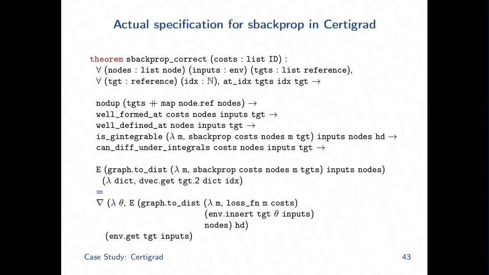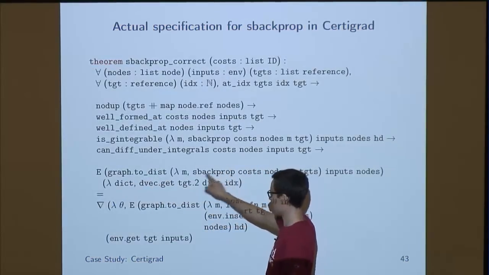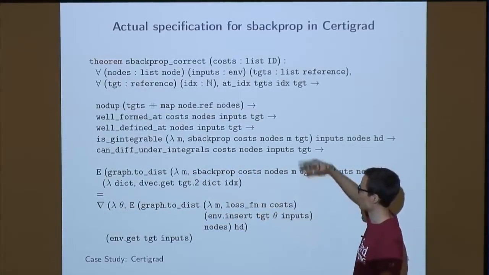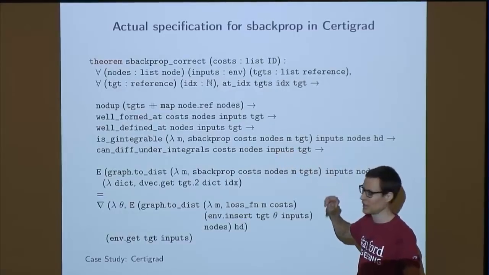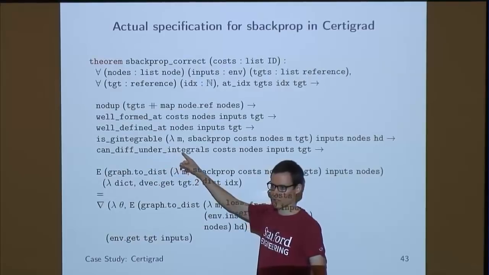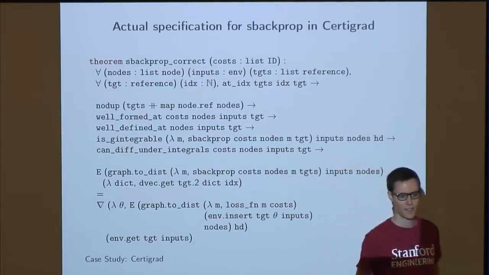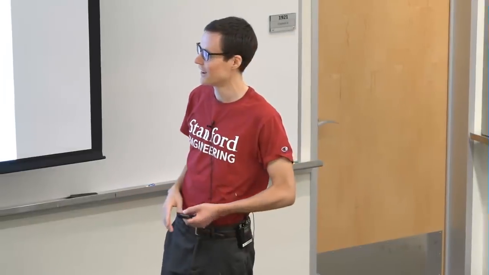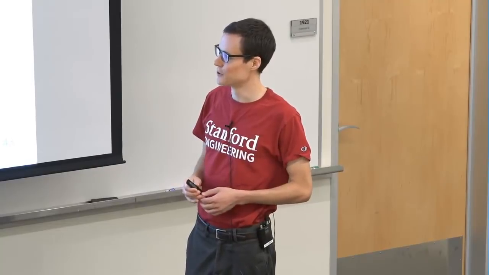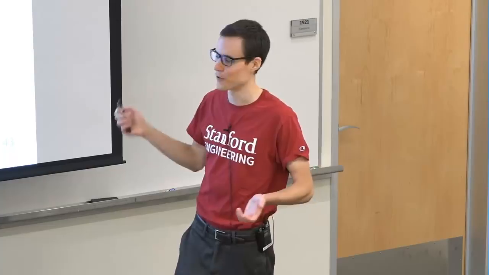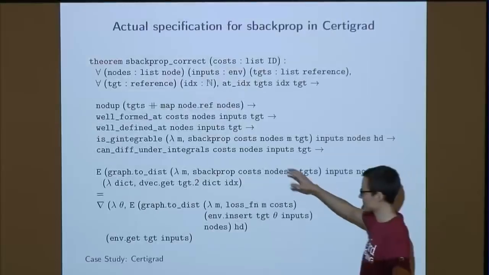The expected value of running S backprop is the gradient of the expected value of the loss function. And then you have a couple extra preconditions I didn't mention before. So there's actually quite a bit of complexity hidden in this one. Can differentiate under integrals. So in machine learning papers, if you have a gradient and you have an integral, done. Push the gradient inside the integral. But in mathematics, that's actually not quite so simple. You need smooth first derivatives. Some functions need to be continuous. Something needs to be uniformly integrable. So there's some complexity hidden here.